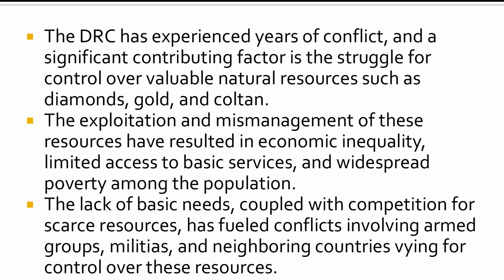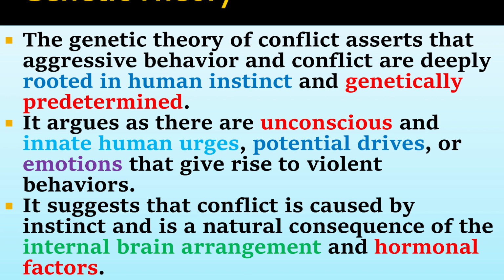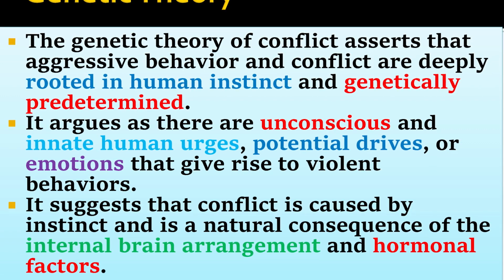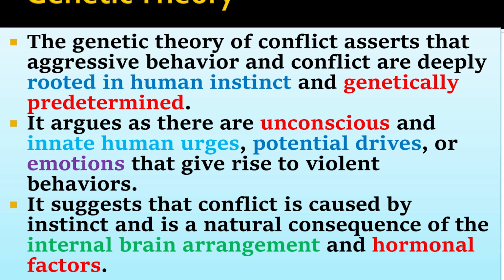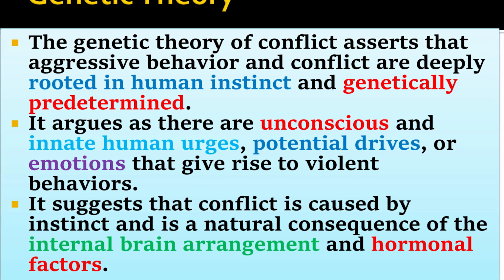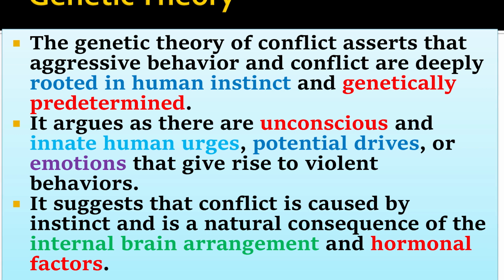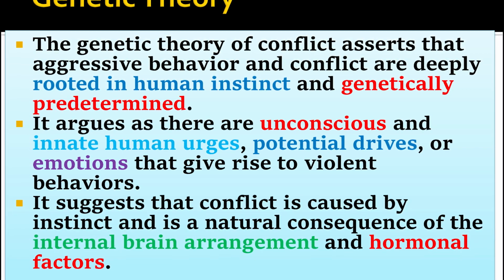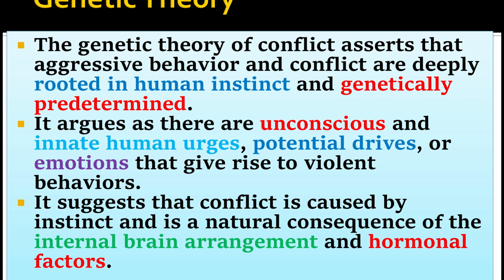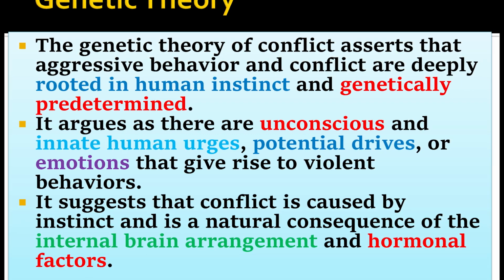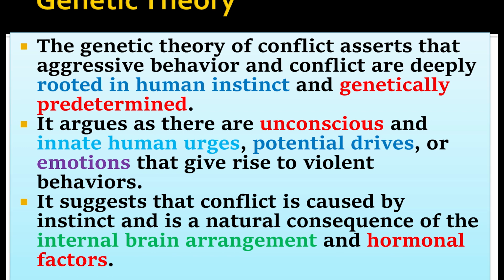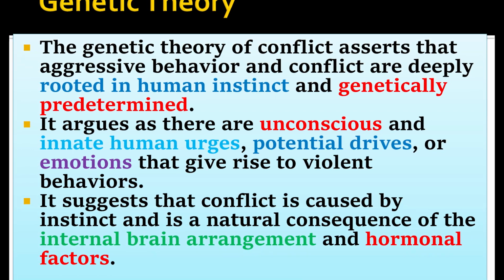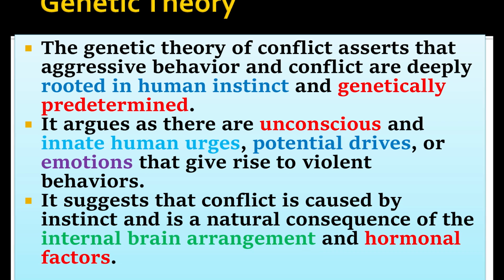The fourth theory we're going to link conflict and its causes is the genetic theory of conflict. The genetic theory of conflict asserts that aggressive behavior and conflict are deeply rooted in human instinct and genetically predetermined. According to this theory, there are unconscious and innate human urges, potential drives, or emotions that give rise to violent behaviors. It suggests that conflict is caused by instinct and is a natural consequence of the internal brain arrangement and